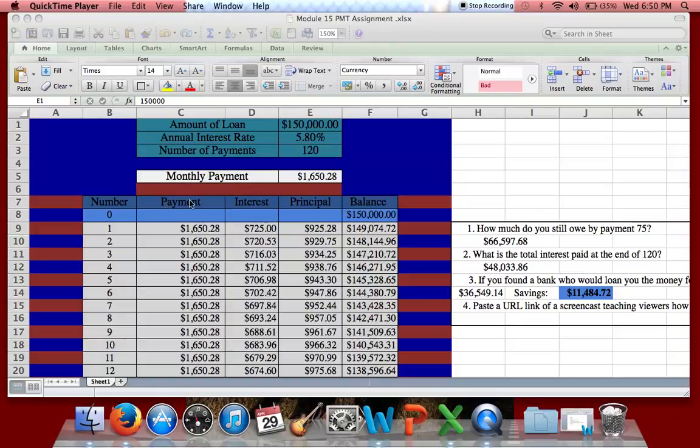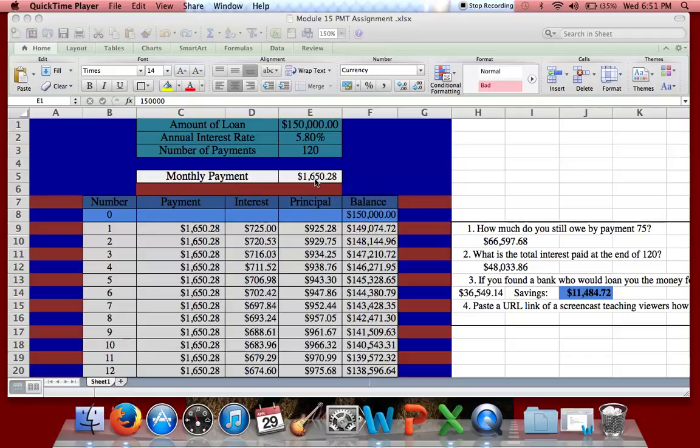The first thing I did was start with a blank Excel sheet, and at the very top right here I put in the amount of my loan, which is $150,000, my annual interest rate, which is 5.8%, and then the number of payments I would like to pay it off in, which is 120. And that would make my monthly payment come out to